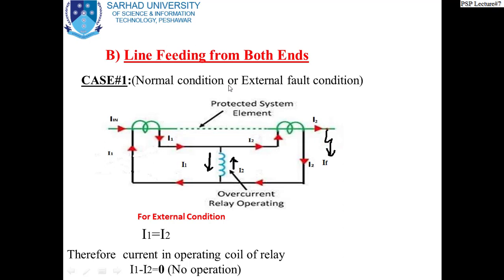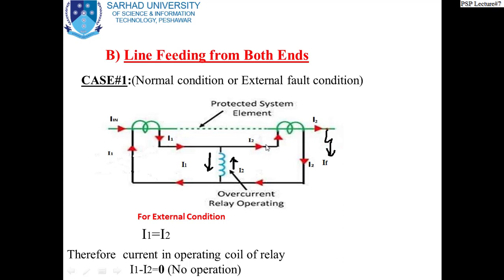Now see here, again we have a similar type of figure, and this is of course IN. This is the current feeding end from this side, and of course we have another feed from the other side which is not being shown at this particular moment, but it is being assumed that we have a feed from the other side also. So IN is the current coming into the protected element. And under these conditions, this is the output I2 of the CT.